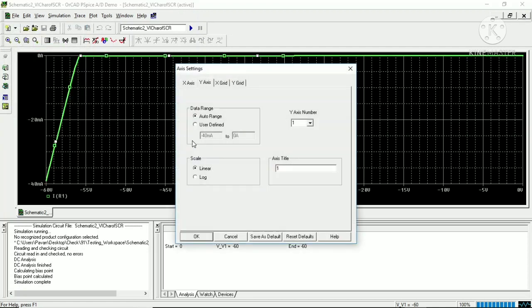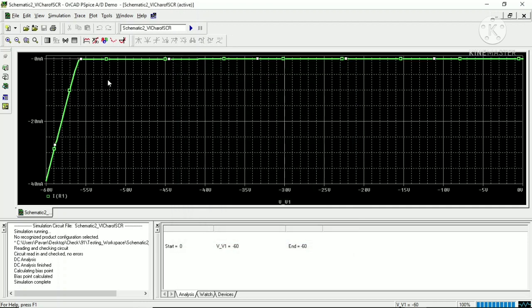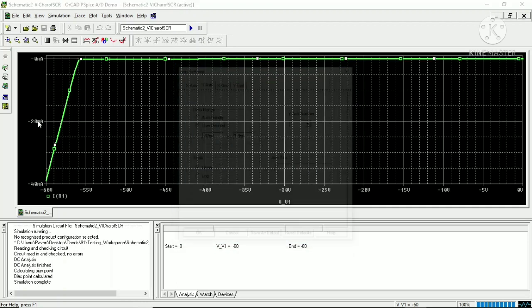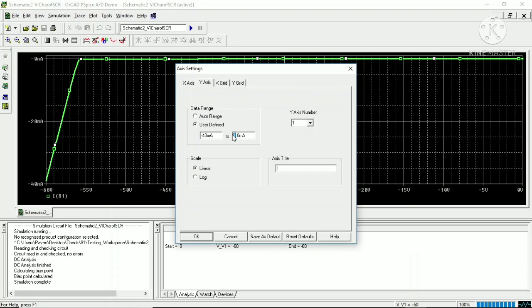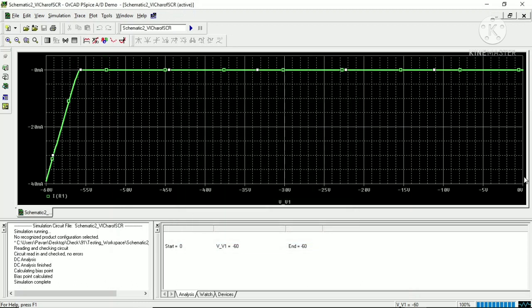Now the x-axis and y-axis option, I'm going to change a little bit, like from 1 milliampere. Or you can also change it to 5 milliampere. See here the values are changing, the voltage is changing from 0 to minus 5, minus 10, up to minus 60. And at this point of the negative voltage, the breakdown will occur and the current will drastically increase from the leakage value.